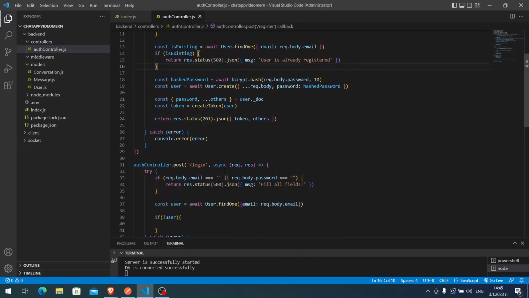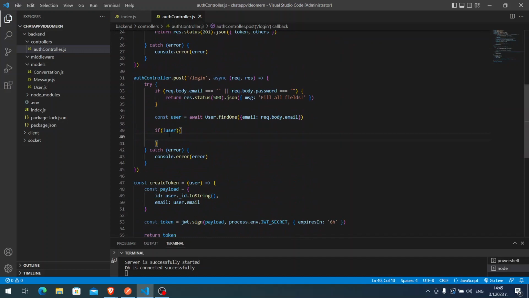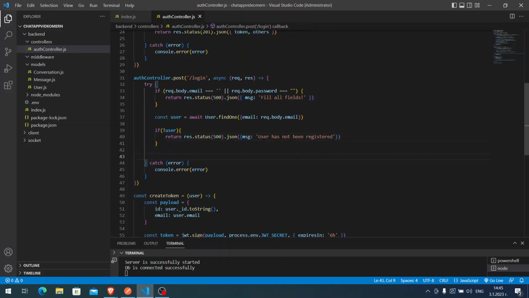Here the logic is opposite. So if we don't have a user, we return response 500 with the message, user has not been registered. Then if we have passed this condition, that means there is such an email in our application,